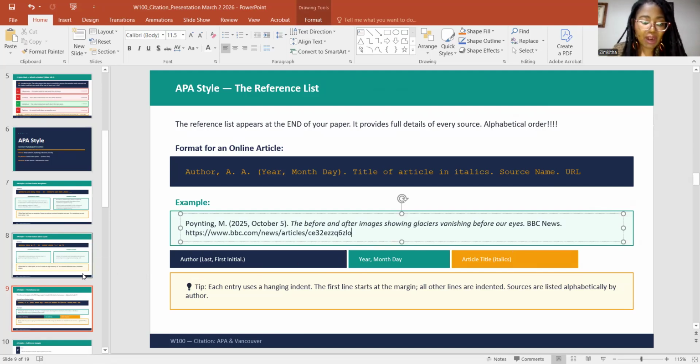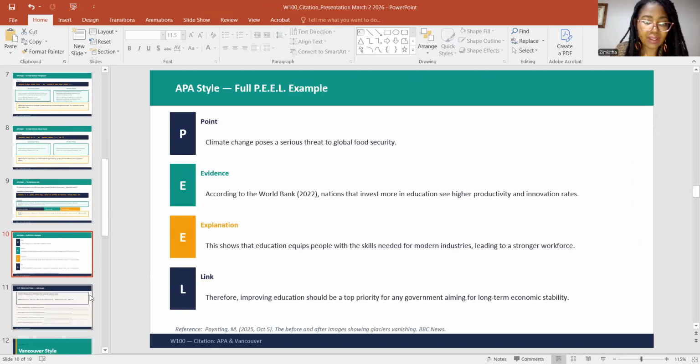Right. Next part that I want to look at. Now, why and where do we use this? We will use this in the PEEL method. I hope I'm answering that question that some of you had. What does that mean? When you have the PEEL method, remember you have point, which is you are stating the claim. It needs to have a topic and a controlling idea. Then after the claim, you have evidence. What is the evidence? That is your in-text citation. That is the source you're going to use to support your argument.